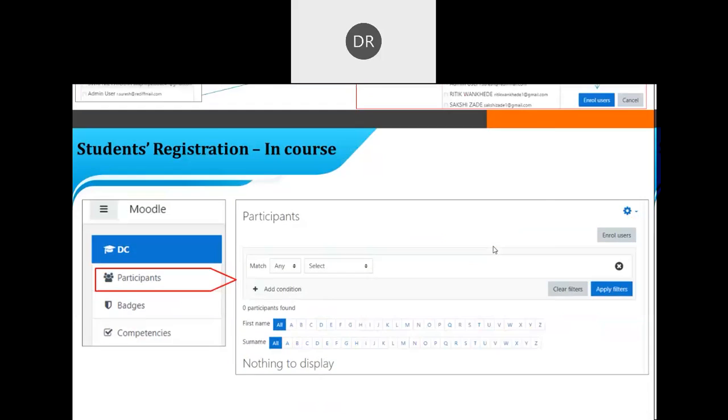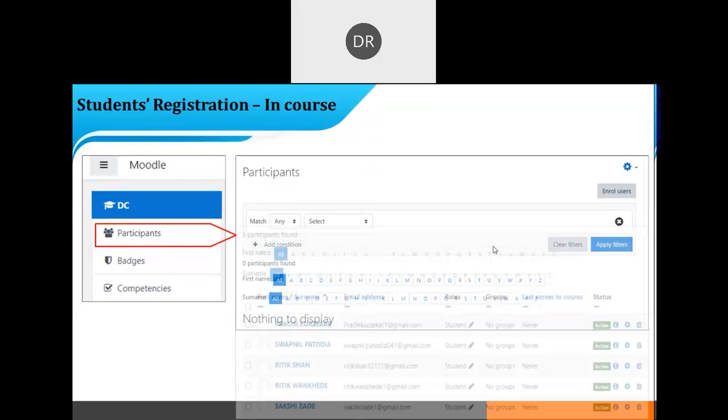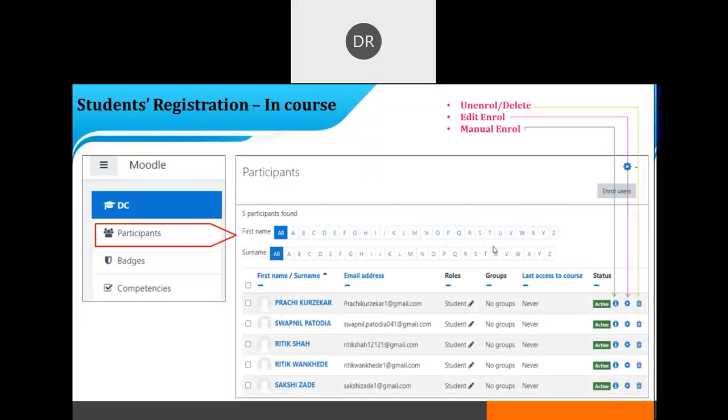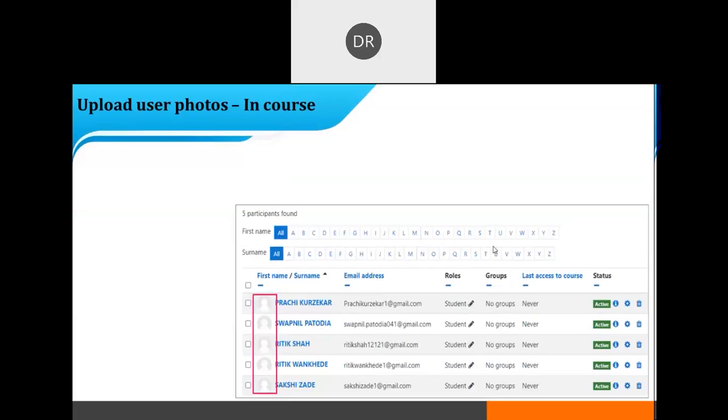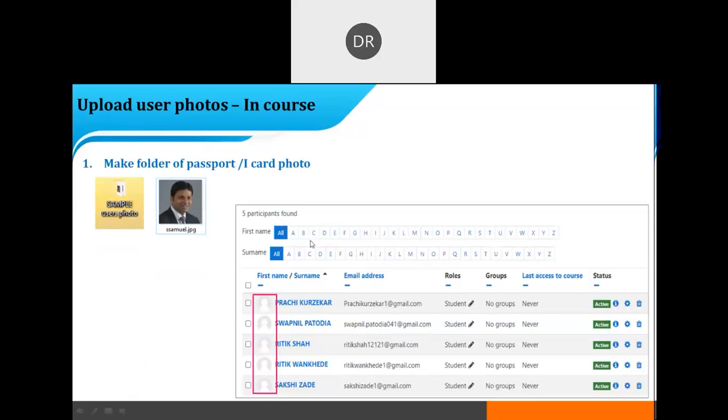Just repeating the slide. Just have to refresh, because this is also an important part. Because without students, you cannot conduct the test and all this. So this is the process to upload their passport size or ID card size photo.